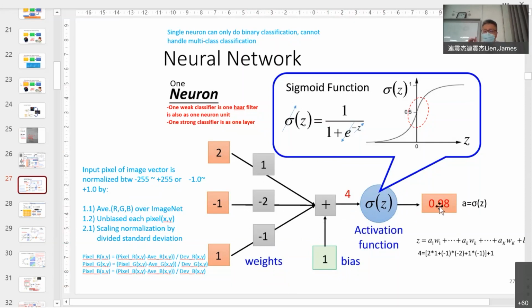So here it is not only nonlinear, it's also normalized between 0 and 1. A kernel function doesn't mean the output will be between 0 and 1 or -1 to 1. But for the neural network, we hope the output probability is between 0 and 1 or -1 and 1.